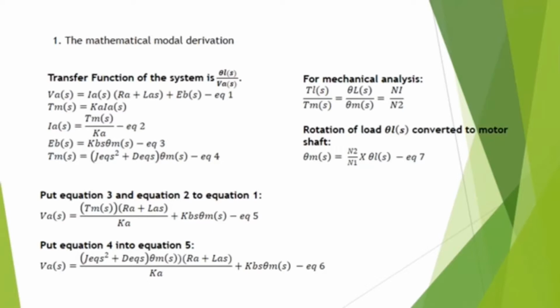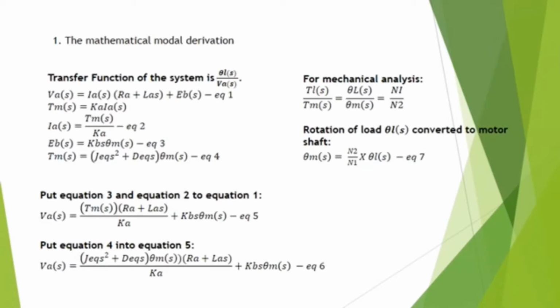Then we use IA as the subject for equation 2, and EB as equation 3, and TM equal to JEQ S squared plus DEQ S theta M as equation 4. Then we put equation 3 and equation 2 into equation 1, where we get this equation for equation 5. Then we put equation 4 into equation 5 and we get this, and we declare it as the sixth equation. For mechanical analysis, we know that TL over TM equals theta L over theta M,